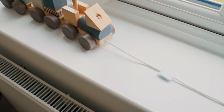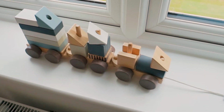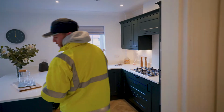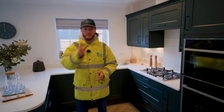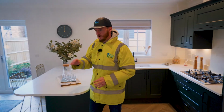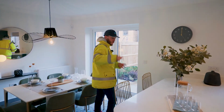Internally, we make sure all the detail work is carried out, so there's no paint on any of the light fittings, there's no dust anywhere. It smells nice, and we do that by putting air fresheners in the main hallways and landings, and just making sure then final preparations are ready for a customer to move in,